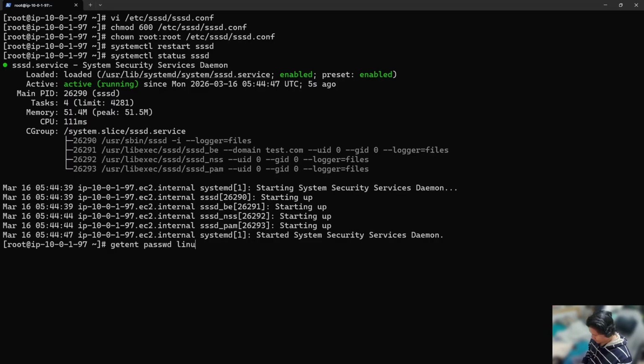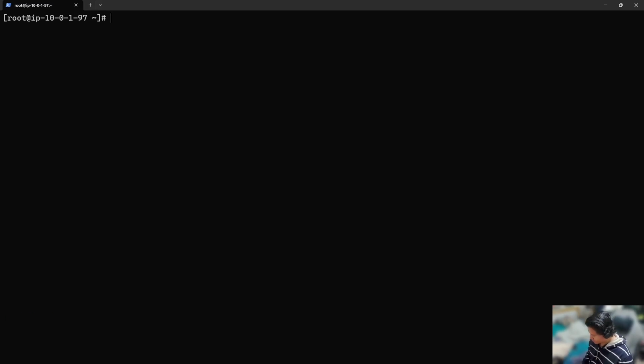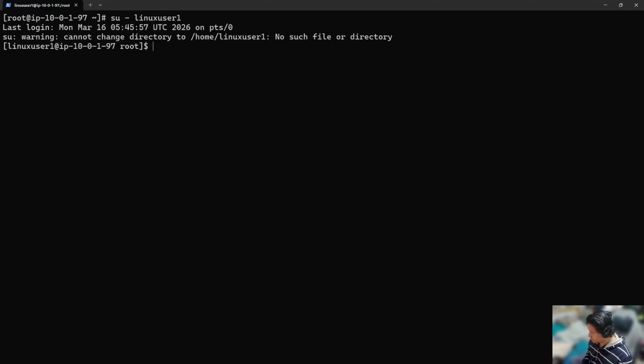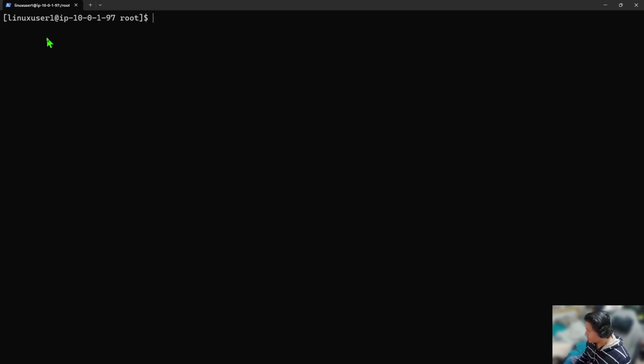Password. Linux user 1. Let's see if we can gather that. That's a good sign. So we're gonna do su linuxuser1. And there we go. As you can see, I am currently Linux user 1. Although we can authenticate as Linux user 1, we still haven't added